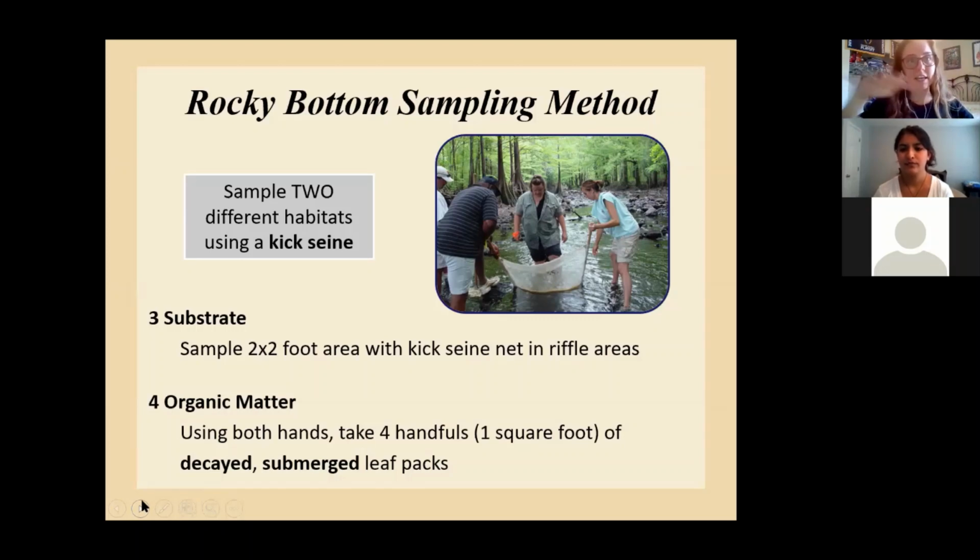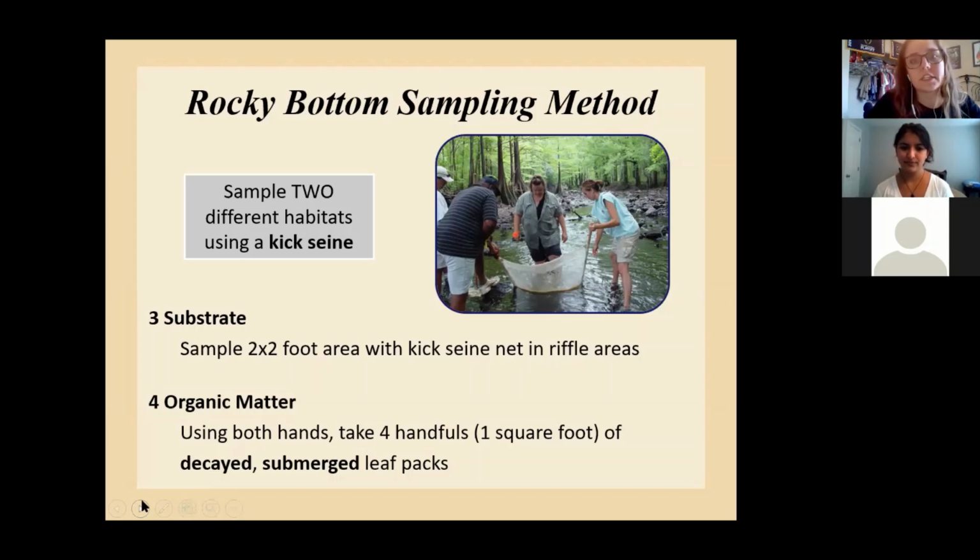Because if we're kicking in the substrate and trying to disturb those macros that are living in the rocks and in that coarse area, we're kicking all of them up, and we don't want there to be a gap between the substrate and the net. So we want the net to be anchored down in, and then our macro shuffler is going to be in the front, kicking around, disturbing that substrate, and making it look really murky, and kicking all those things so that they'll flow right into the net.